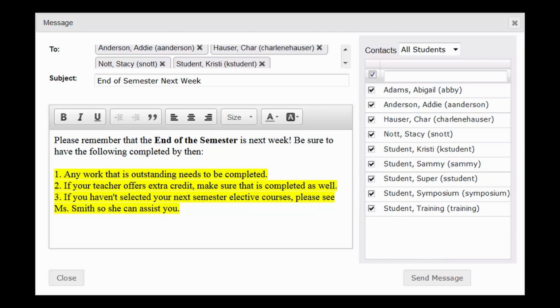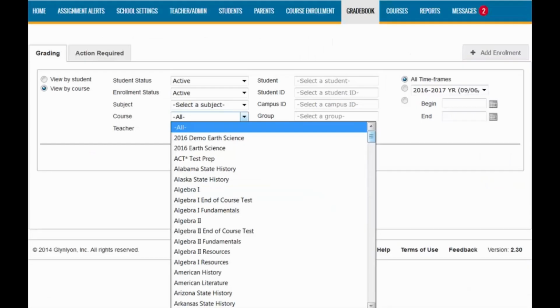For example, if you wanted to send a message to all of your Algebra 1 students, you can do that. To message students within the same course,